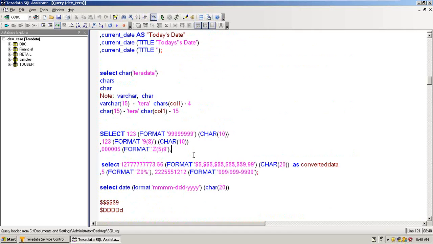This is the format. So if it is Z of 6, the 5 is displayed. But if it is Z of 6, so if all are zeros, 1 2 3 4 5 6 and Z of 6,